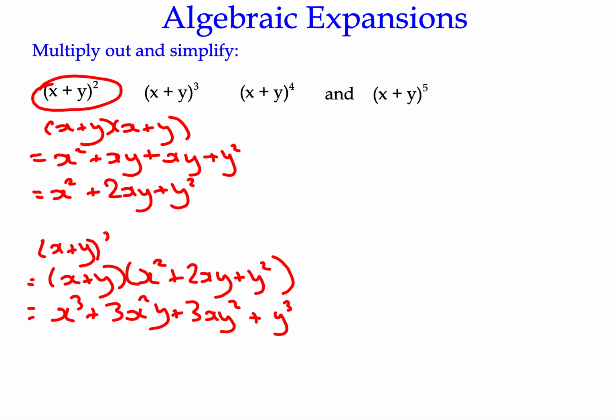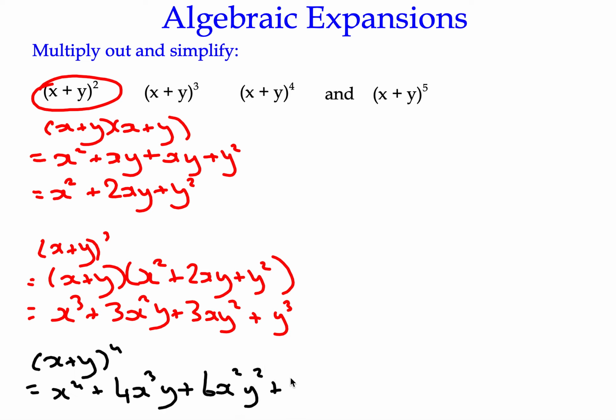Okay, so what I'm going to do is write down (x plus y) to the power 4. And I'm going to write down what the answer is without doing any multiplying out, and you're going to be amazed. But I'm going to tell you that in a moment you're going to be able to do it yourself. So the answer here is x to the 4 plus 4x cubed y plus 6x squared y squared plus 4xy cubed plus y to the 4. And without doing any multiplication, that's the full expansion of (x plus y) to the power 4.